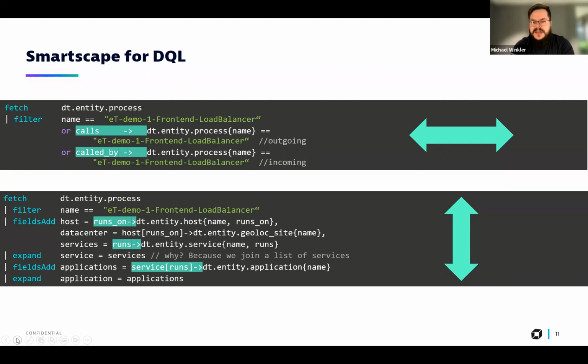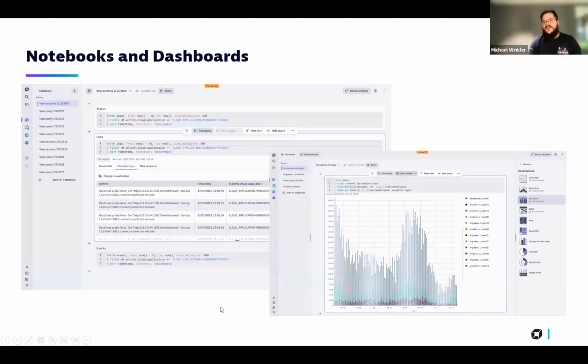If you go to the next slide, another part is where we talk about notebooks and dashboards. The idea here is that a dashboard very often is just a snippet of data. We use notebooks as a way for you to interact with our data through queries and visuals, and you can very easily collaborate with your full team in real time directly in those notebooks.